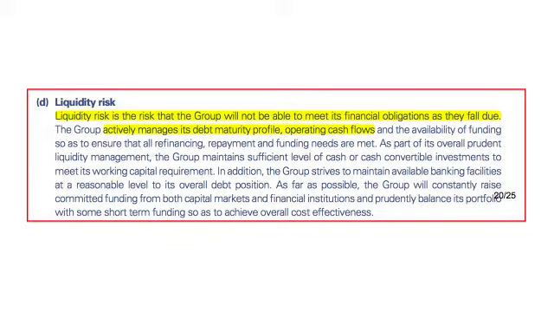Right. So how do they go about doing it? For us to assess that, one of two things that we're going to look at is the debt maturity profile, and also the operating cash flow, which will come later. So when we look at liquidity risk, what does the balance sheet actually say?